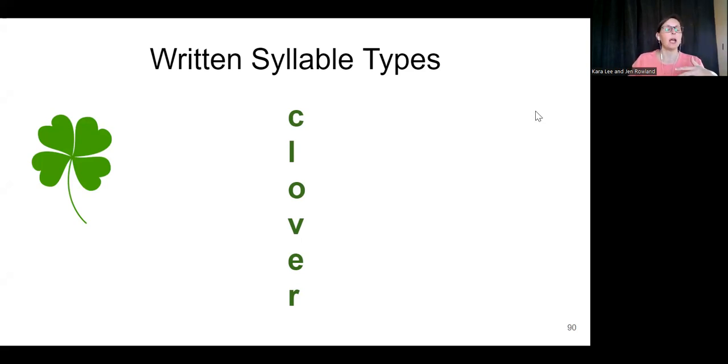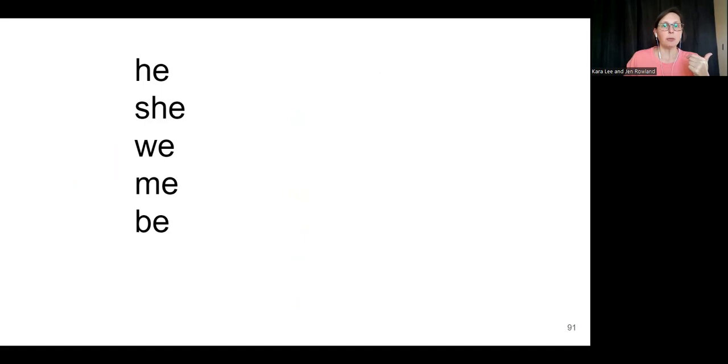types are. The ones that we've studied so far are closed. That's what the C stands for. They're not necessarily in the order that we are studying them in the word clover, but the O in clover stands for open. So as you can see, we've got 2 of the 6 written syllable types that we've taught you thus far and that you will teach your students. Okay. So tell me about these words right here and what kind of written syllable